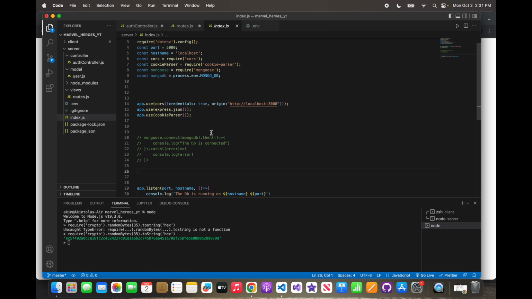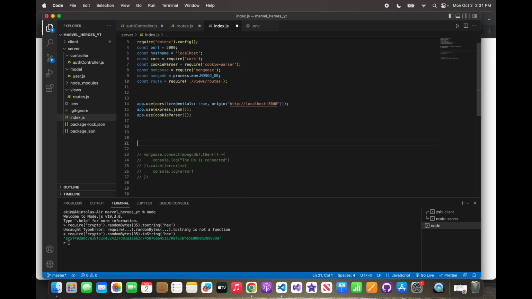And that should go before this. So our routes is gonna be up here. Actually, no, our route's gonna be down here. But what we're going to do is initialize it up here. So we're going to say const route is equal to require, so we're getting that route here, from views and routes. We're just getting the routes up here, and then we're going to come down here and use that route. So it's going to be above